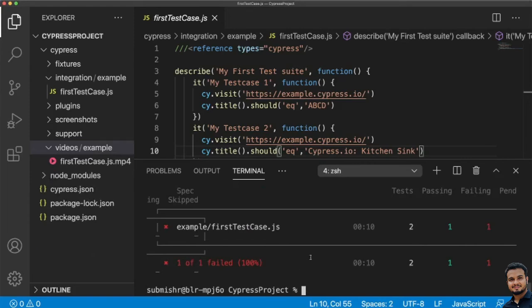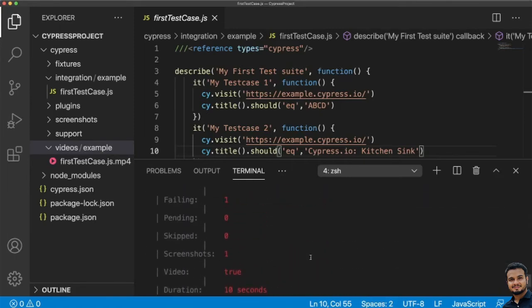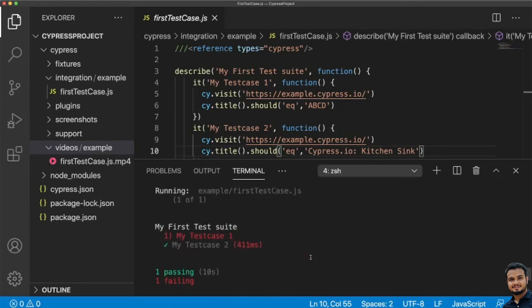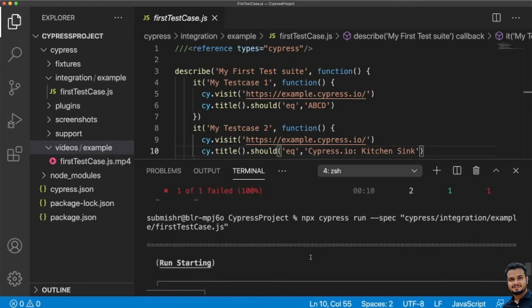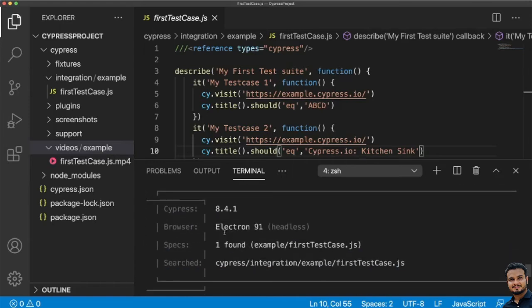Now you see it got completed. Let us see what it did. This is the command which we executed. It is showing it executed in the Electron 91 browser, but in the headless mode.